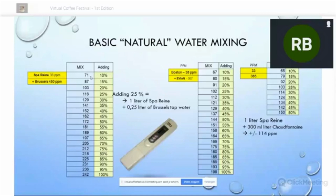I got RO water, I got my tap water, I mix so much, that's going to be my base. And now I'm going to focus only on my coffee and on my grinding, and on my temperature and on my pouring. So I removed one big variable, and that's what I advise to everybody. Water is not what's going to make your great coffee. Water will help you to bring that basics. So decide at a certain moment, okay, this is going to be my base, and now